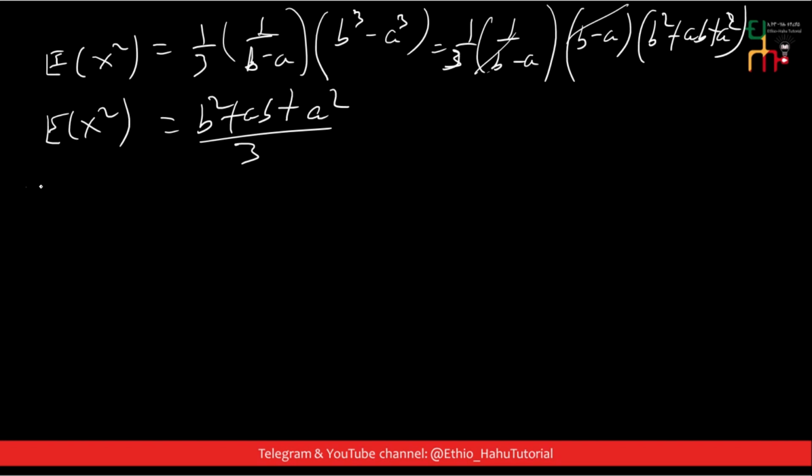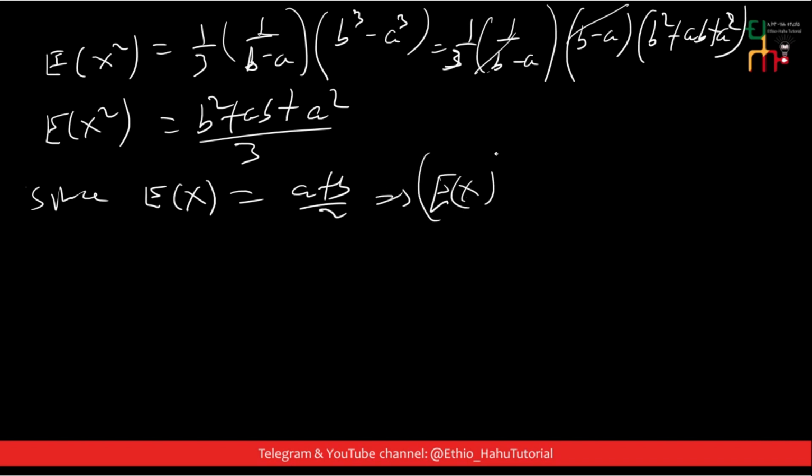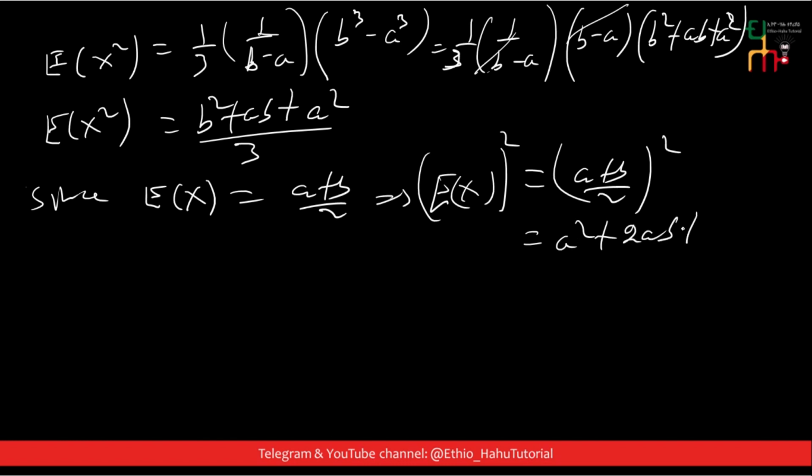Since expected value of x ማለት a plus b over 2 ስለሆነ expected value of x the whole square ማለት ምን ማለት ነው a plus b over 2 the whole square ማለት ነው። ይሄንን ስኩዌር ብናደርገው ስንት ይሆናል? a square plus 2ab plus b square over 4 ይሆናል። Variance of x ደግሞ ማለት ነው sigma